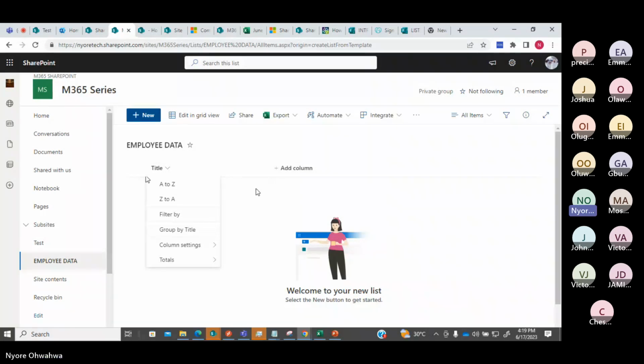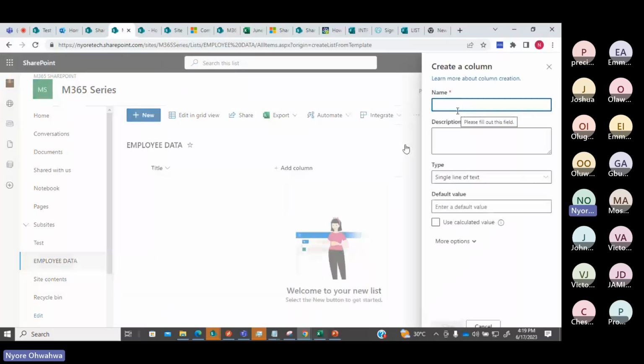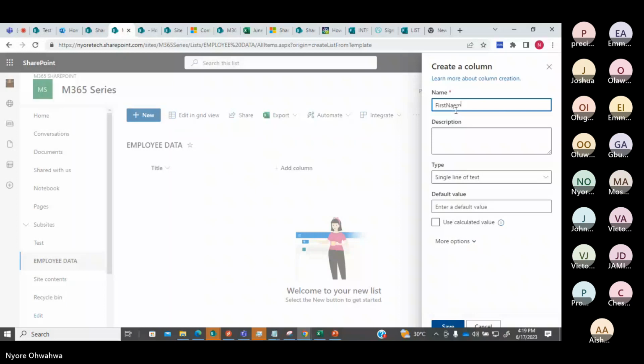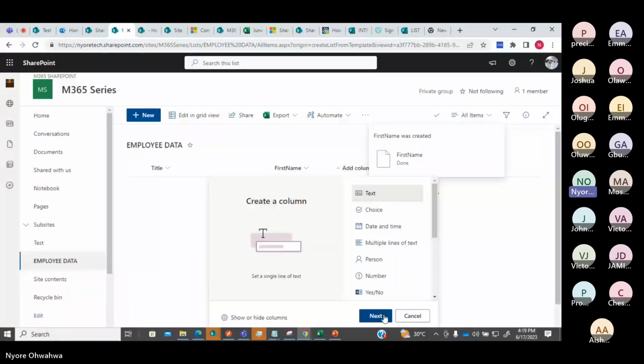Next thing I would do, I will create a single line of text, and I would say first name. Okay, single line of text and save. I would say last name as well.